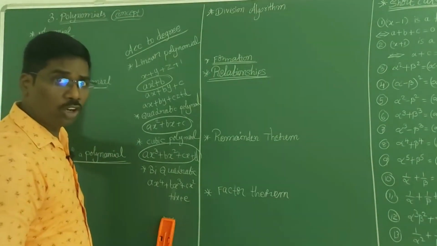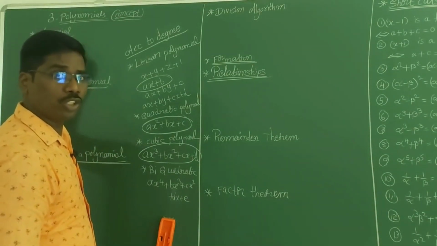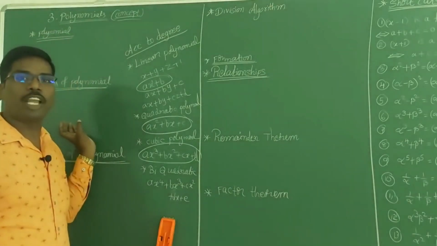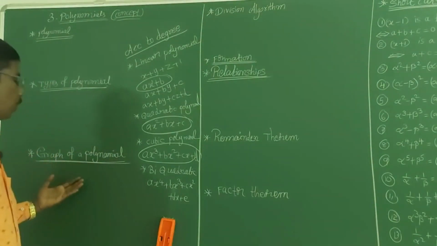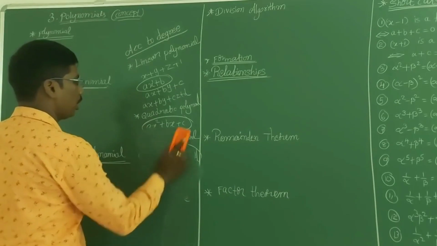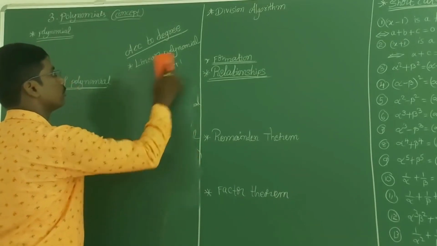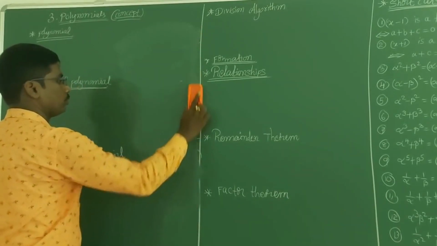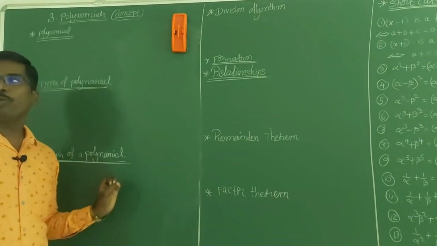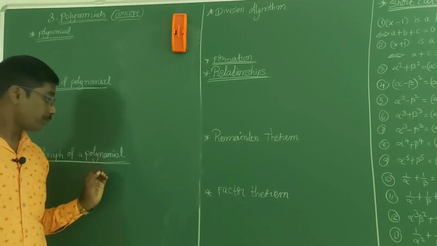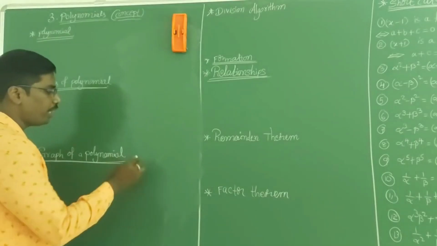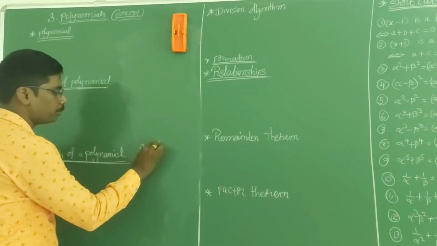So now we have learned polynomial, zero of the polynomial, zero polynomial, and the standard polynomials, and we got the concept of types of polynomial. Now we are going to discuss the graph of the polynomial. Very important. Now listen. The graph of a polynomial, if we take ax plus by plus c,